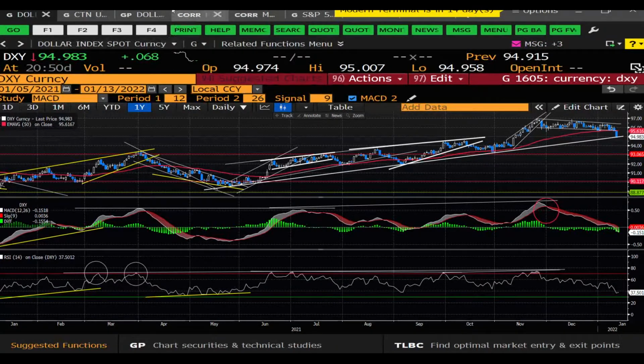What I want to do today, folks, is go through several screens. We want to make some technical observations on the S&P 500. And we want to look again at breadth, particularly for the NASDAQ index. But I want to spend a little time on the dollar today and talk about this chart and where we think things are, what our perspective is, what our outlook is, and how that contrasts with some pretty popular opinion